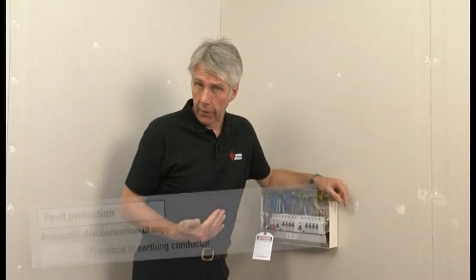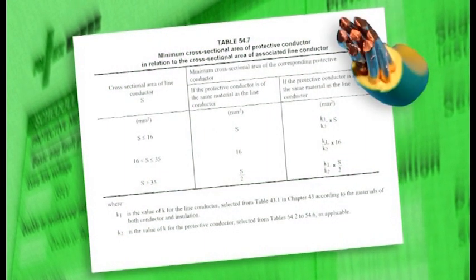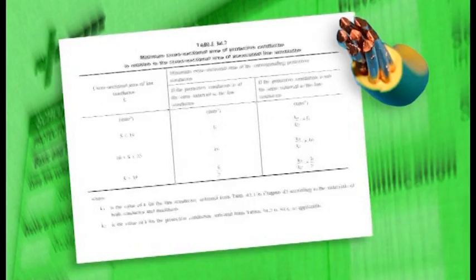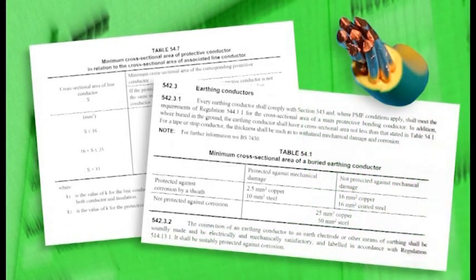It's important to point out that this is just an inspection at this stage. Before the supply is connected, the continuity of all protective conductors is verified by testing. Now, as well as checking the presence of the earthing conductor and that it's suitably connected, it's important to check its cross-sectional area is suitable for the installation. The size of an earthing conductor is usually selected from Table 54.7 of the regs,